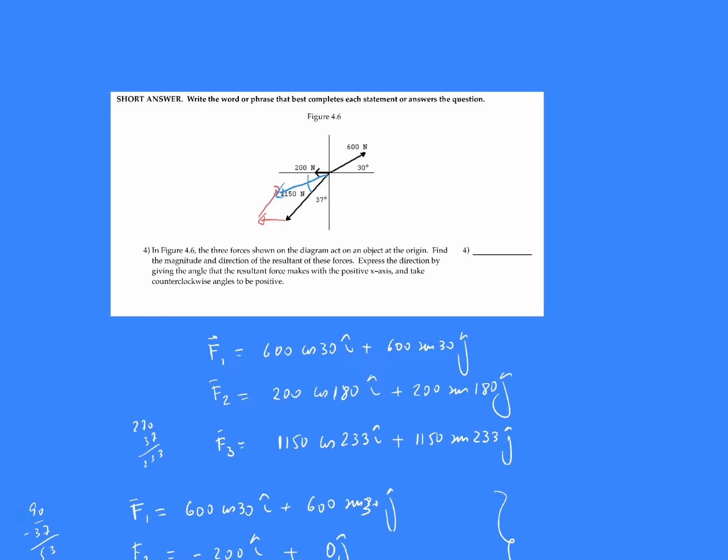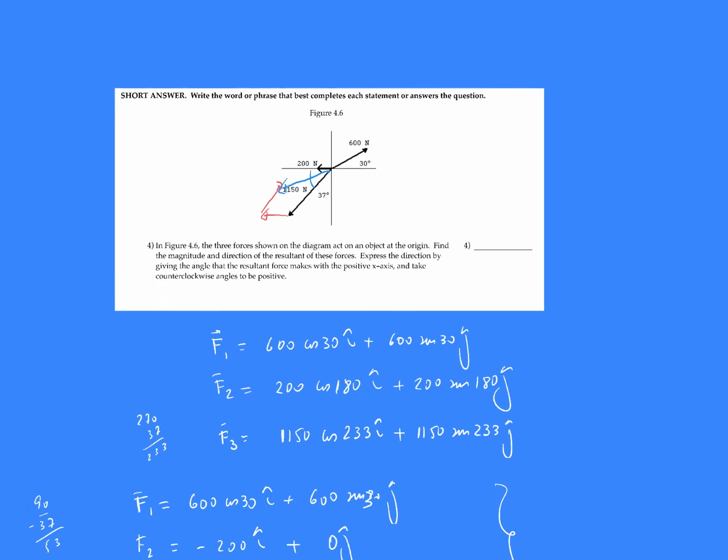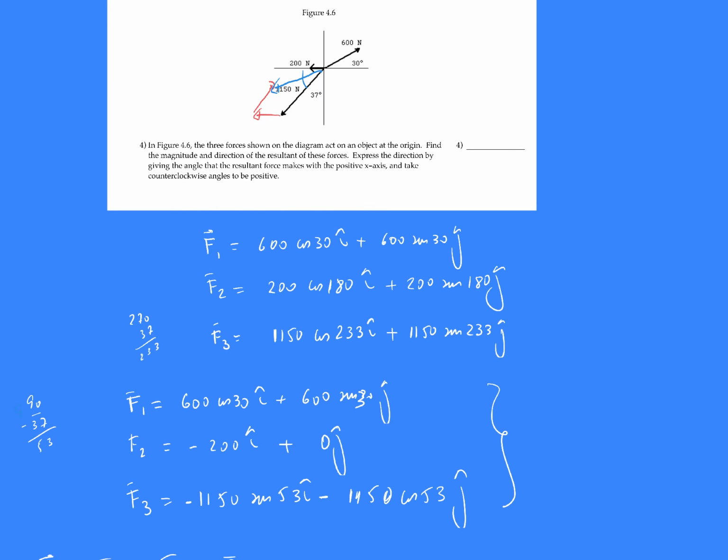So to make the sum, you know how to do it. I'm not going to explain too much in this problem, but F1 can be written as 600 cosine of 30 i plus 600 sine of 30 j. F2, you know how it can be written, is 200 cosine of 180 plus 200 sine of 180. The angle is always measured from the positive x-axis. Of course, sine of 180 is 0, so this term will not appear. And F3